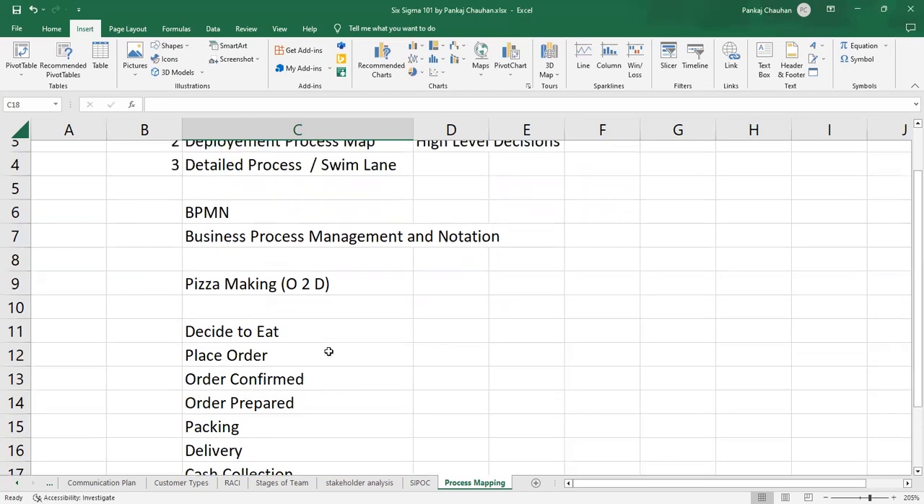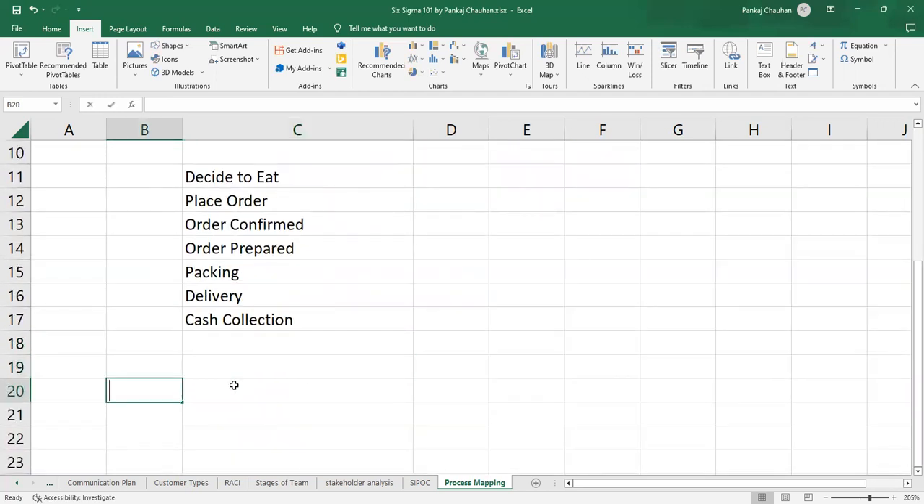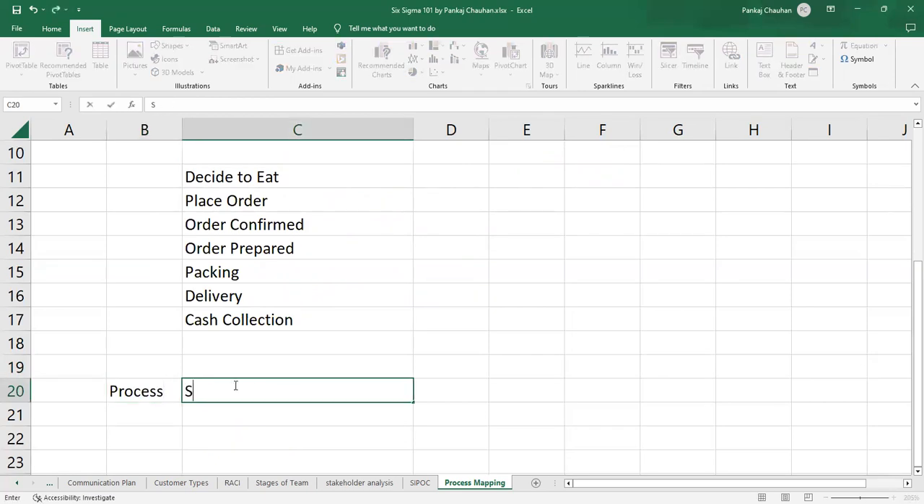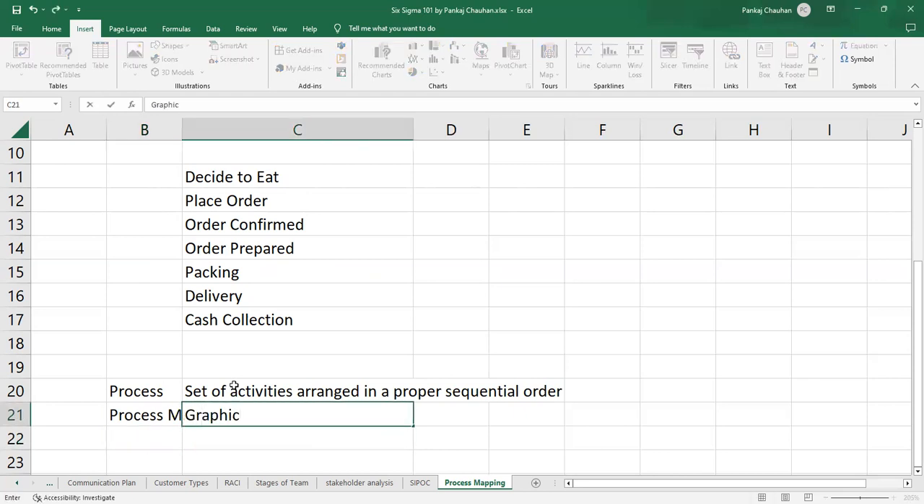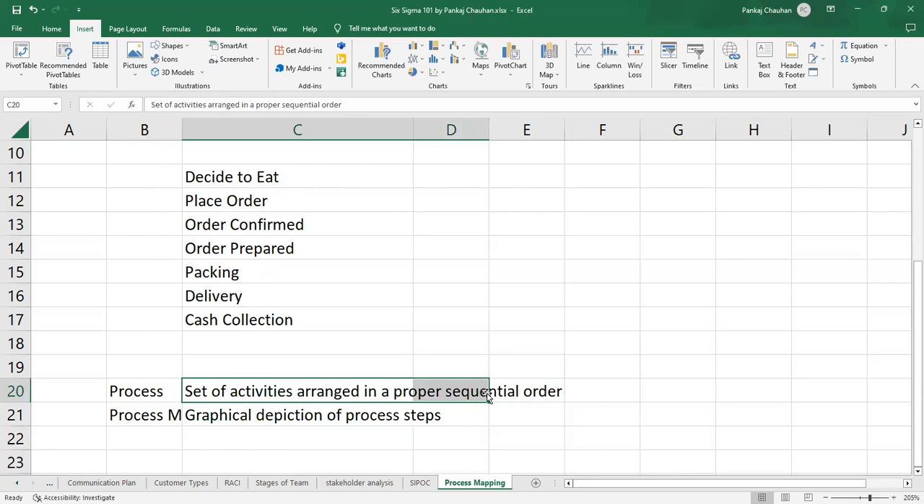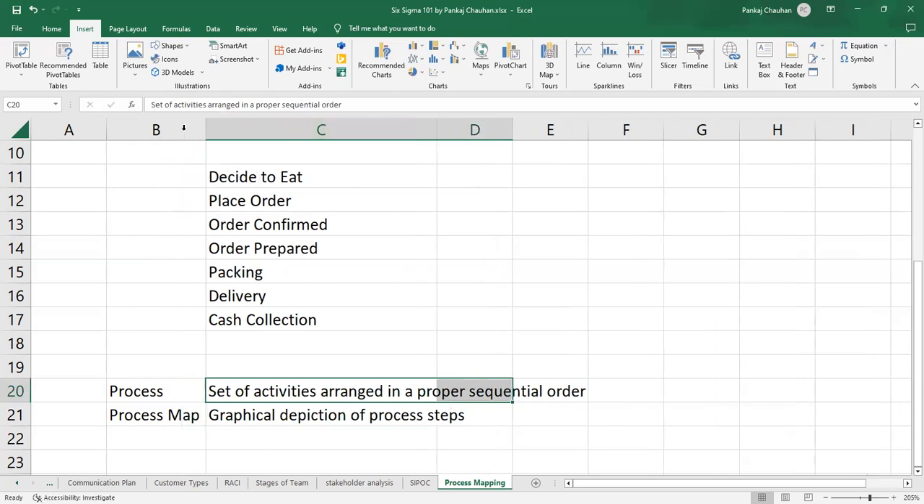Before that, let's understand the meaning of process. The simple definition of a process is a set of activities arranged in a proper sequential order. What is a process map? A process map is the visual or graphical depiction of process steps. The same process steps, a set of activities arranged in a proper sequential order, is a process. And if you do the graphical depiction of this set of activities,